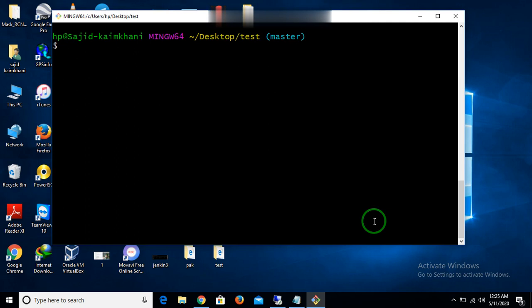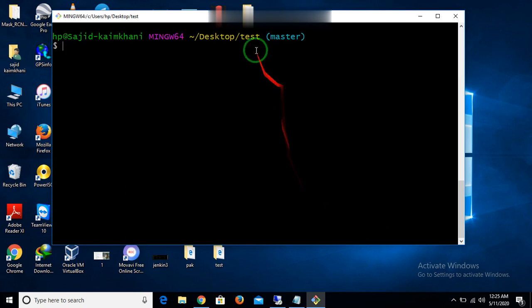The merge concept is like this. If you have a master branch and another branch generated from the master branch, that one is the dev1 branch, like a developer branch. In the developer branch, our developer changed something in the code and you have decided that the code is working fine. Now you have to merge it with your master branch. How to do it? That concept is called the merge concept. Let's do a practical on it.